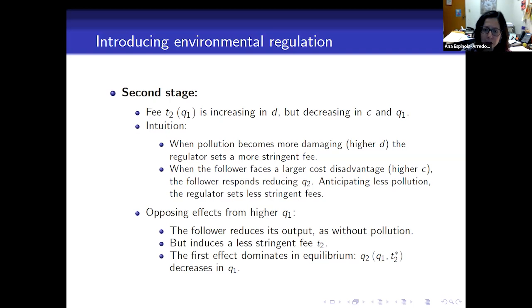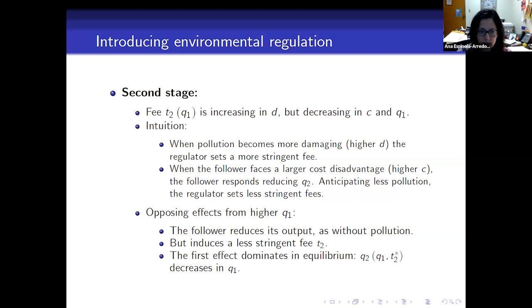produced by the leader. So decreases in C, because if C increases, that means that the leader's cost efficiency is higher, the leader will produce higher units in the first period, and as a consequence, the follower will produce less in the second period, something that the regulator anticipates, and then sets less stringent emission fees. That's the reason that the emission fee will decrease in C. Now, Q1 has two effects on the output level produced by the follower. If the leader increases its output, it has a negative effect in the sense that the follower will have to reduce its output level. However, it has a positive effect in the sense that now the follower will face less